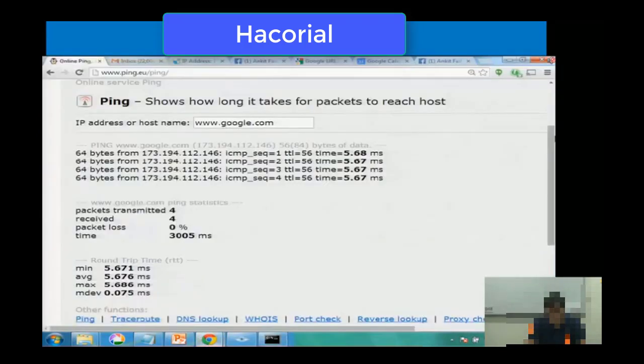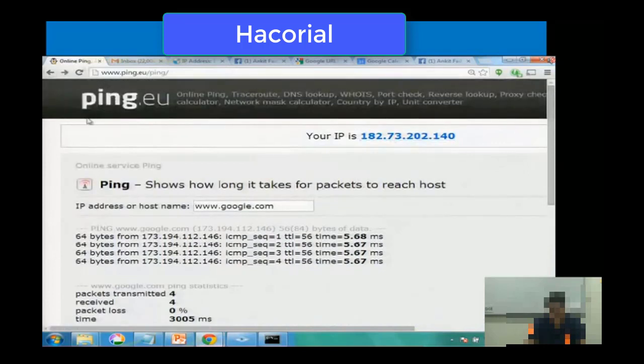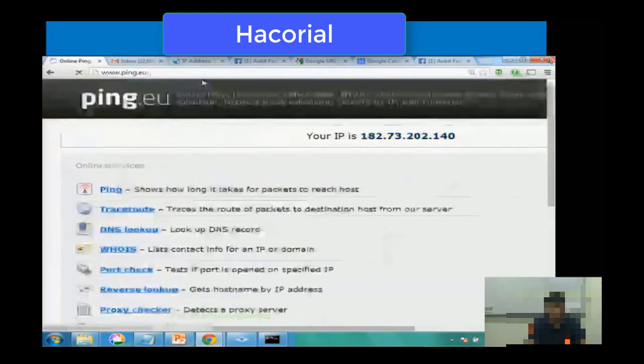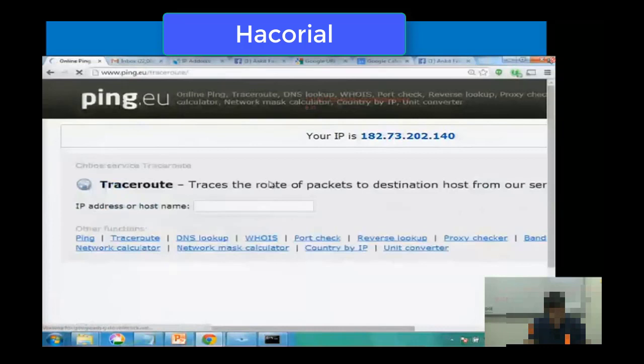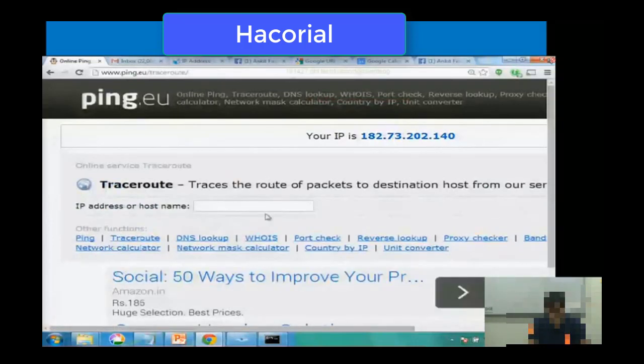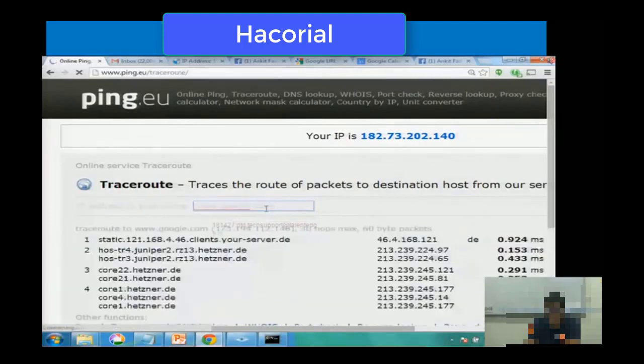Now, just like ping, not only can you perform traceroute using MS-DOS, you can also use that website ping.eu. So let me open up ping.eu. And if you go to the home page of ping.eu, click on the traceroute button. And in this space provided, you can type in the IP address or the website address that you want to trace. So I'm typing google.com, press enter,